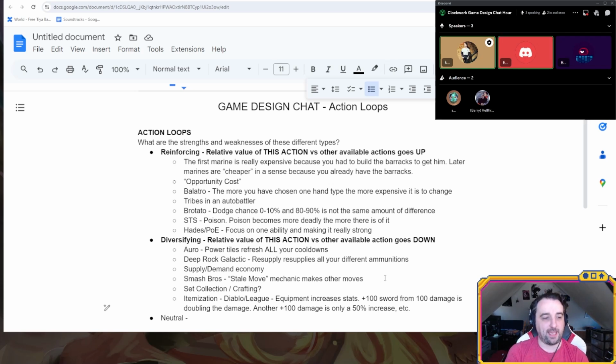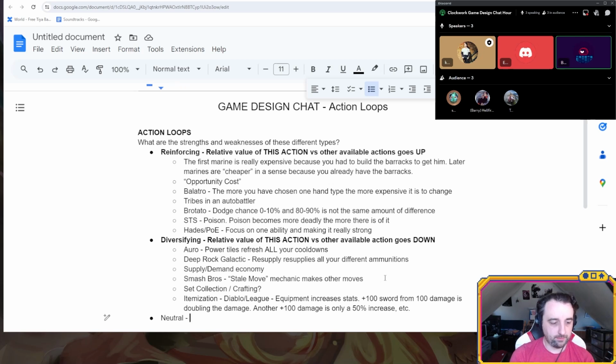But couldn't that be said to be a reinforcing action? Because that's actually making the action of attacking better, right? Yeah, you can bundle them different ways. I could group the damage things into certain groups. It kind of depends how you want to look at it.